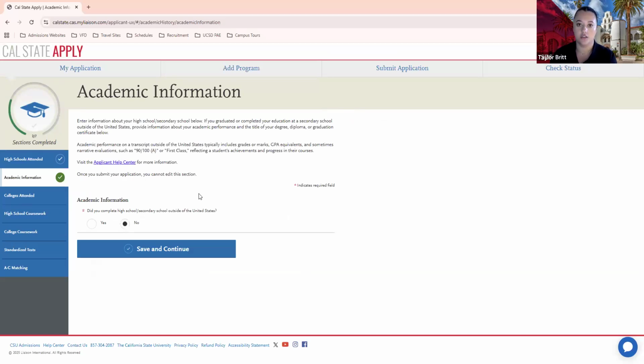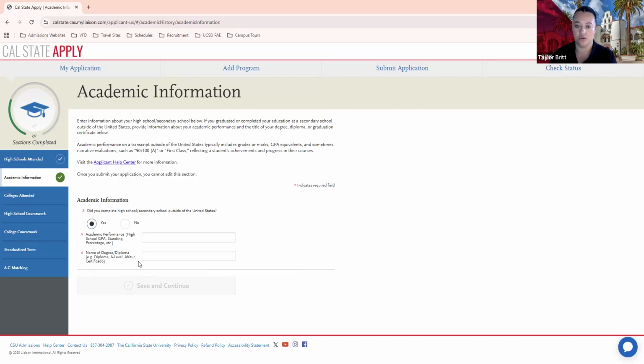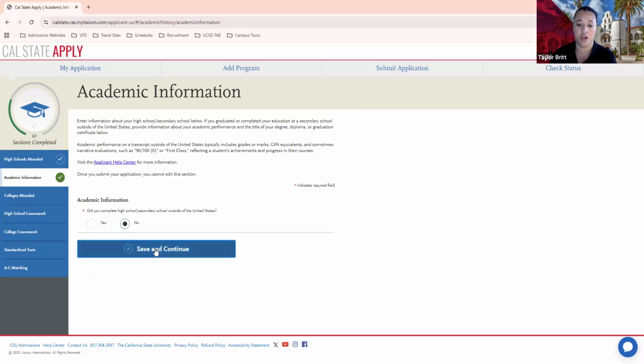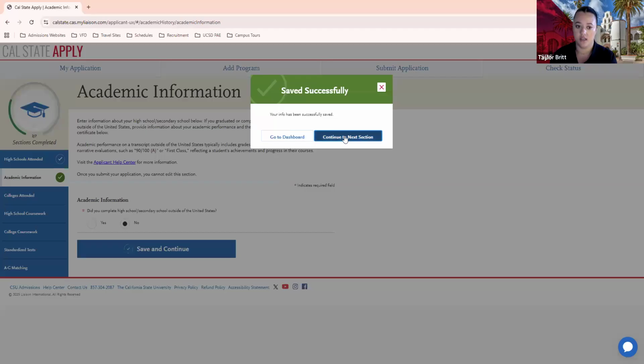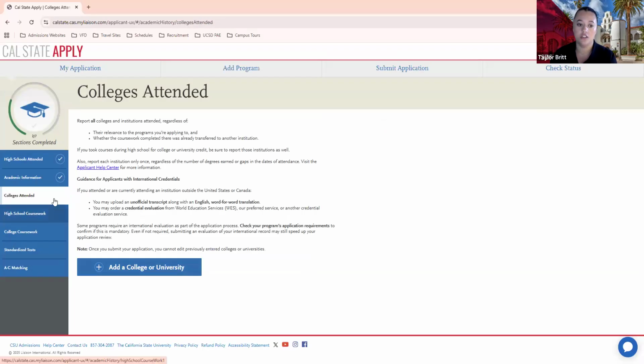The only question under this section is, did you complete high school or secondary school outside of the United States? If you did, you will select yes, enter some information about that school as well as the name of that school. For this example, I'm going to put no and save and continue on to the next section. The colleges attended section will be covered in a different video, so I'm actually going to go straight into the